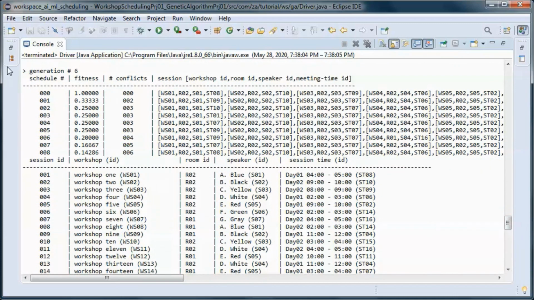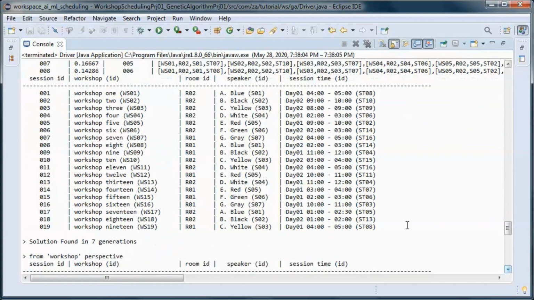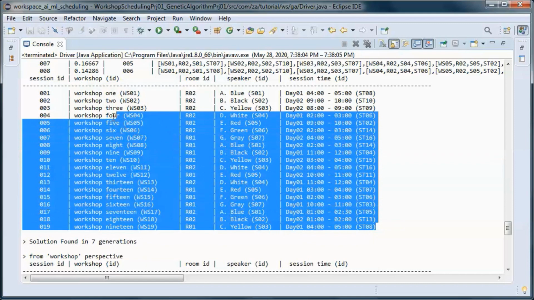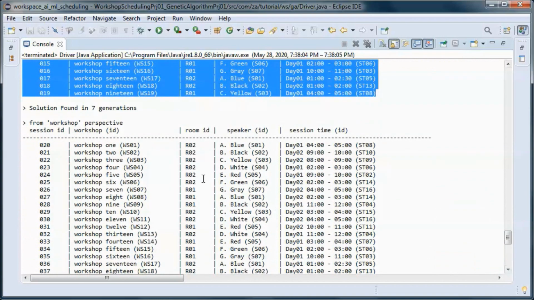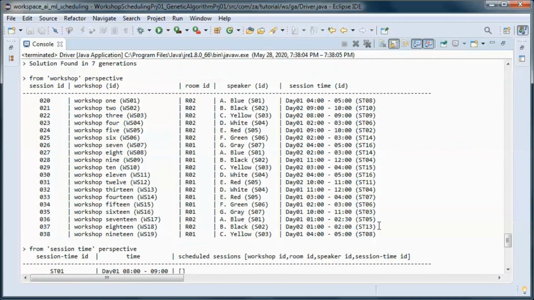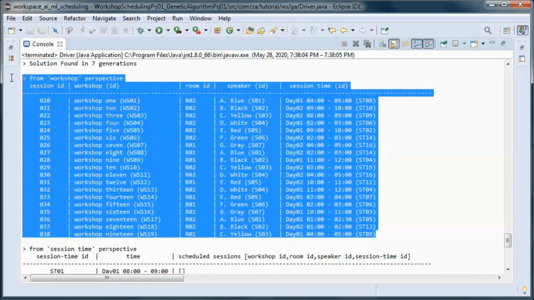So this schedule has 0 conflicts, and this is a table representation of that schedule. So we found the solution in 7 generations, and this is that solution from the workshop perspective.